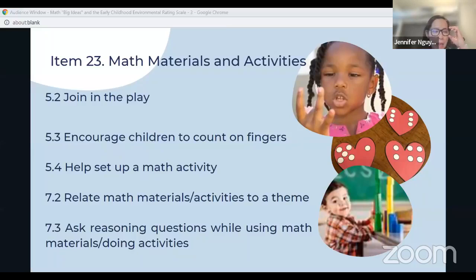So again, math materials to support big idea math concepts. Now, there's a quote: you don't need running shoes to run a marathon, but it sure does help. You don't need all the fancy, beautiful, everything-under-the-sun Lakeshore, Kaplan math materials to teach math concepts, but they are helpful and they are designed to help children learn big math concepts, and they're designed to be attractive and safe and interesting.